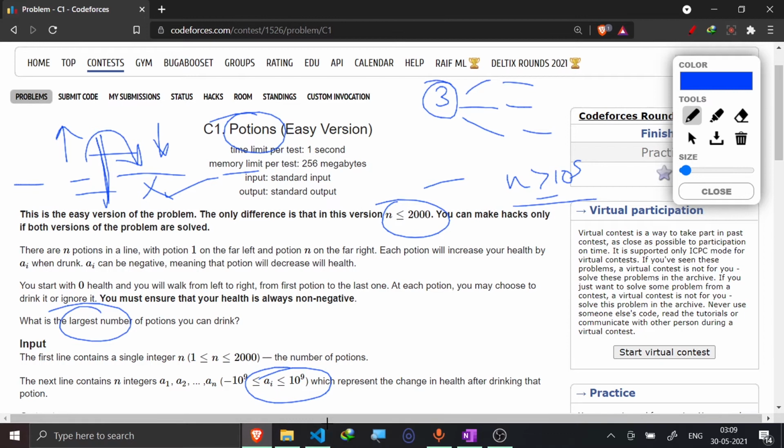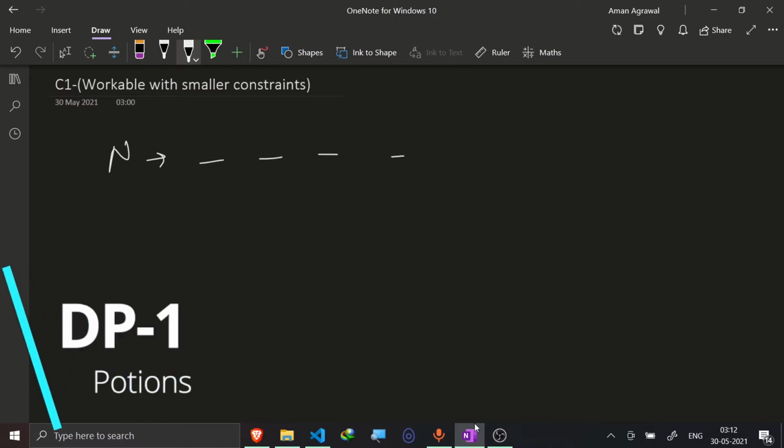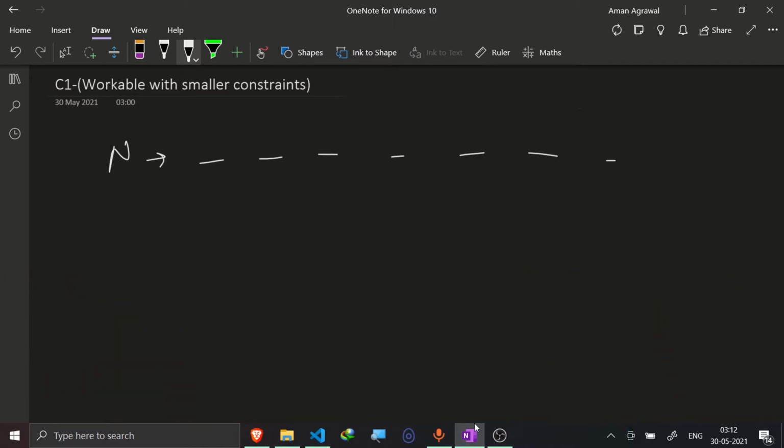So I think the problem statement is pretty clear. Let me directly jump to the logic only. So now suppose you would be given n portions of drinks, and suppose some portions are positive, some are negative, some are zero also, 7, 6, like this also.